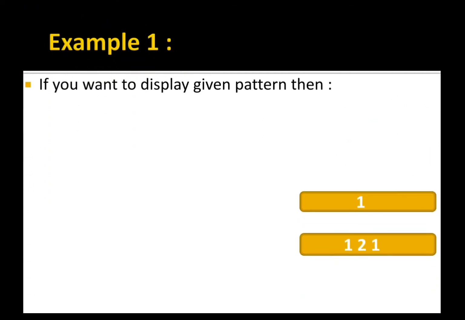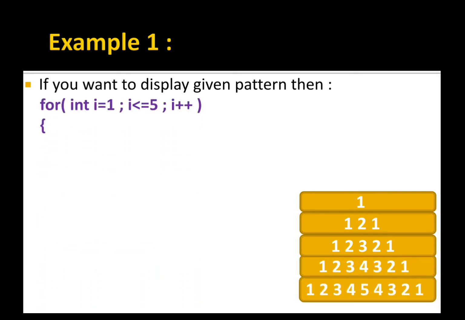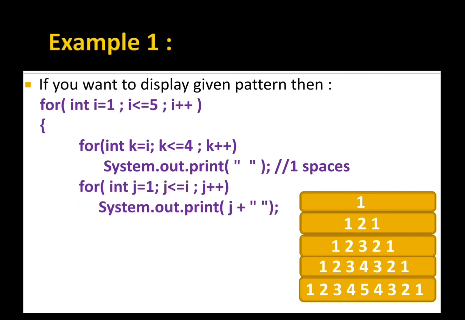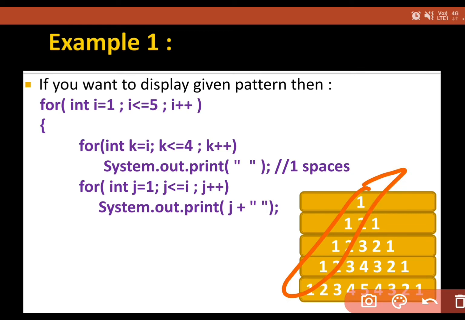Now see the logic I am creating in front of you for the given pattern. First of all, I told you I is for rows 1 to 5, clear version. Then 1 to 4, 4 spaces I want, 1 space 4 times, then 2 to 4 3 times, 3 to 4 2 times, 4 to 4 1 time. Spaces we are having, and then the half triangle I am going to create in this way, starting from 1 ending on 1 2 3 4 5.